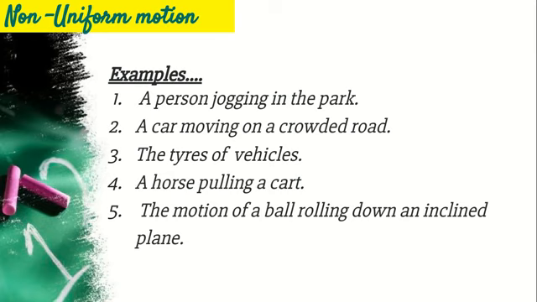The motion of a ball rolling down an inclined plane. An inclined plane is the one that is slanting. So when a ball moves on a slanting or inclined plane, you see that the ball may increase its speed. When we throw the ball slowly, it increases its speed, and then when it reaches down the plane, it moves a little further and then stops. That is because its speed has increased, and it takes time to go and stop.